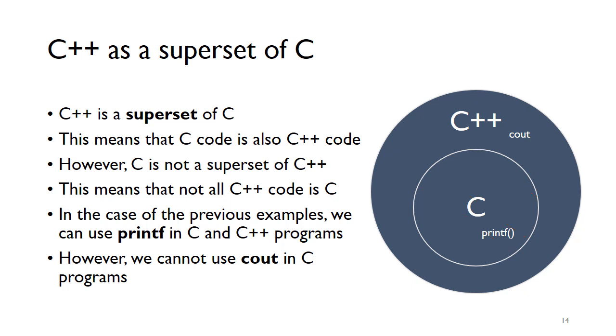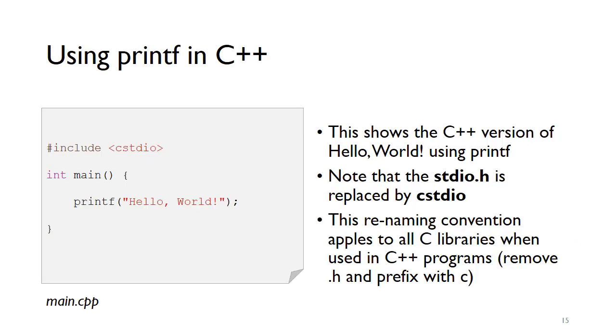In the case of the previous examples, we can use printf in both C and C++ programs. printf is part of the C language, so this just means by definition it's also part of the C++ language. However, cout is C++ only. We cannot use cout in C programs. So if you want to use printf in C++,